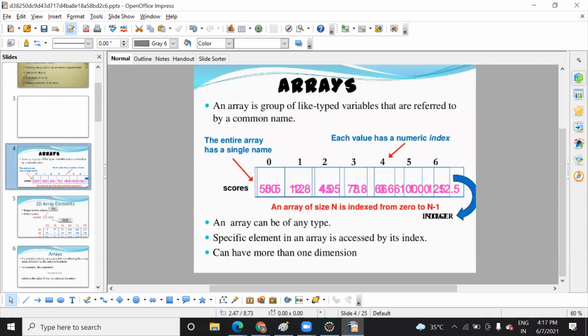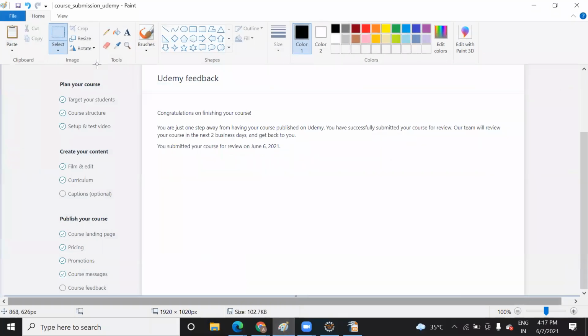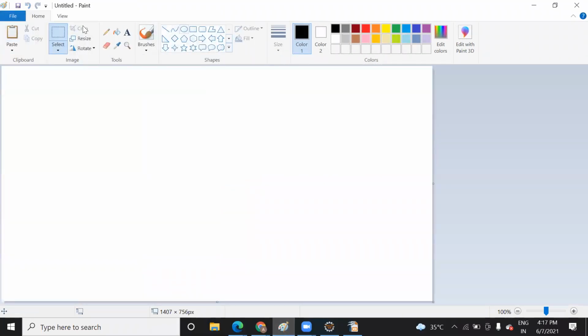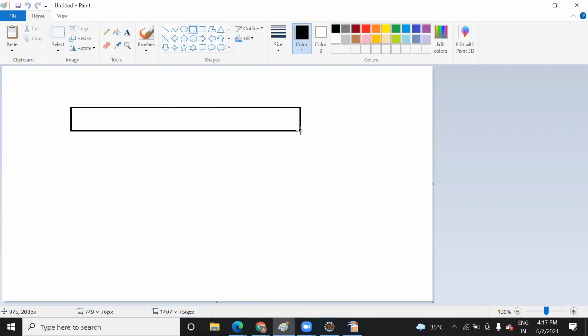The structure will be something like this, where you have cells like this, and inside each cell is a space where we save the data. The data structure array is divided into cells. Each block will be called a cell. Why do we call this a cell?